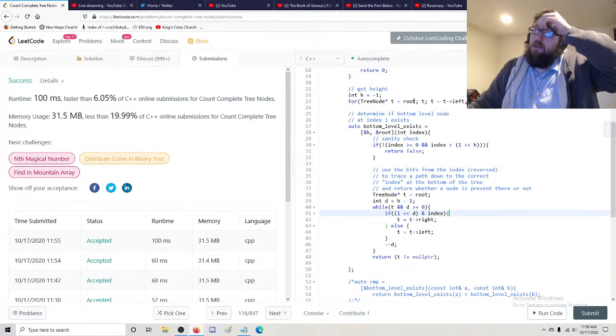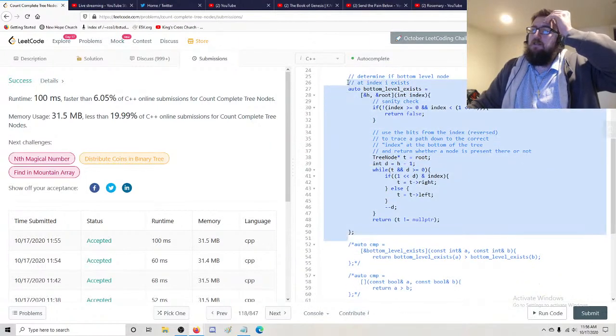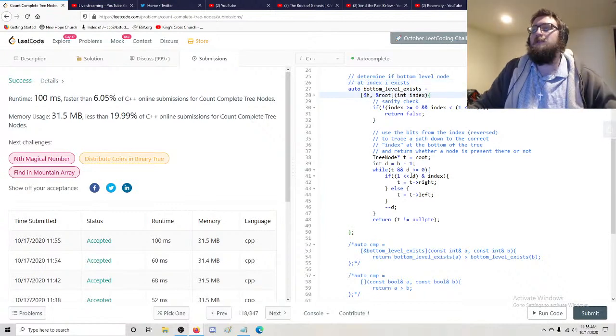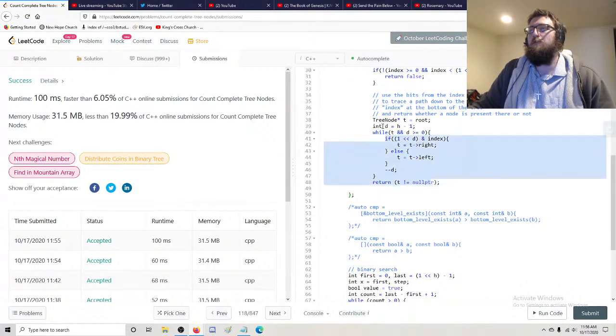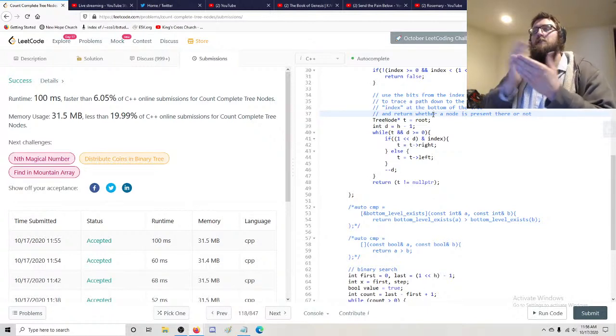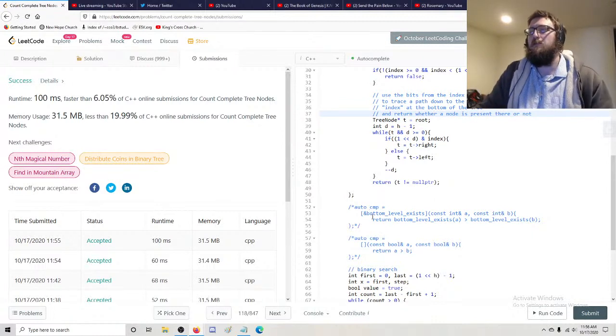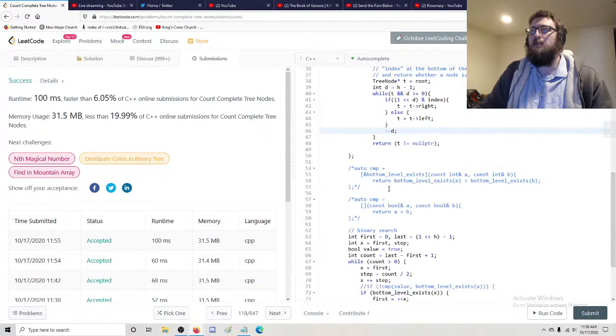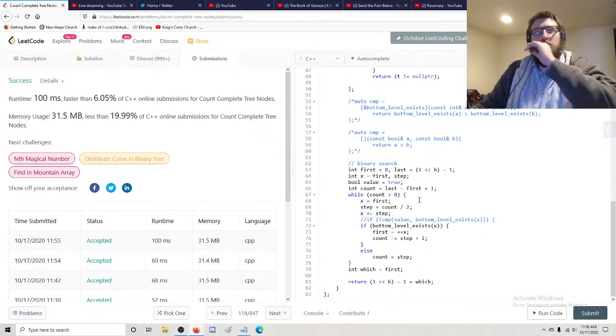So you get the depth, and you have the subroutine to get to the bottom of the tree, given some index, which you can figure out with a little bit of bit manipulation. You just have to go, the most significant bit is either left or right of the tree, and then you return whether or not it's null, and then you can also write a binary search employing